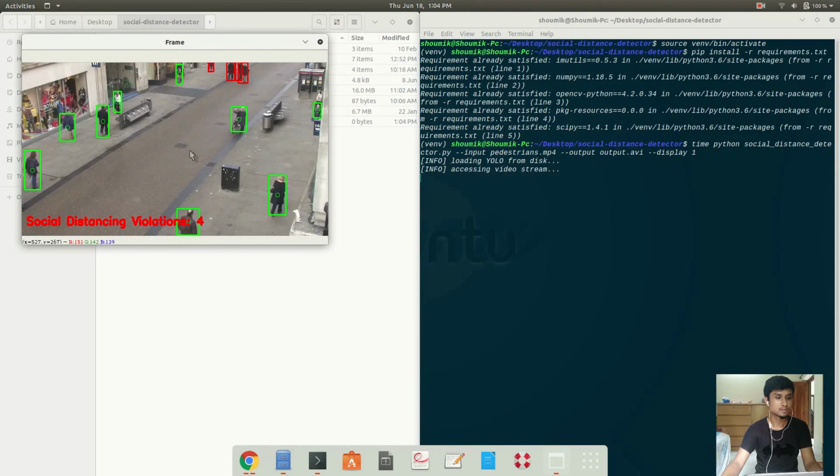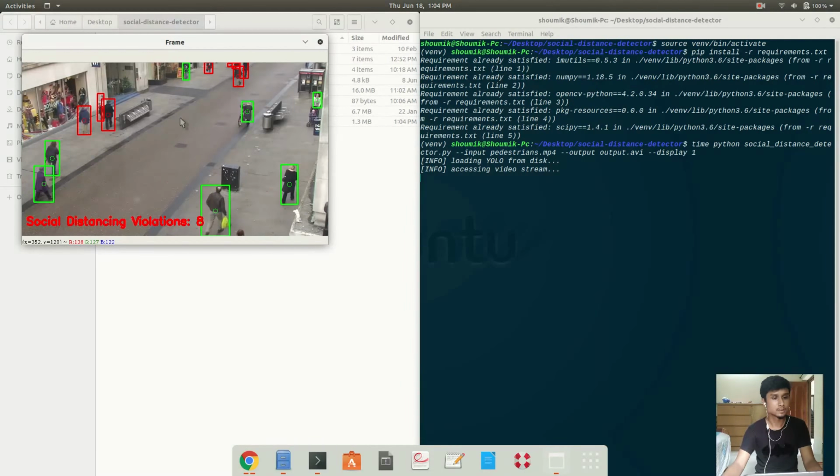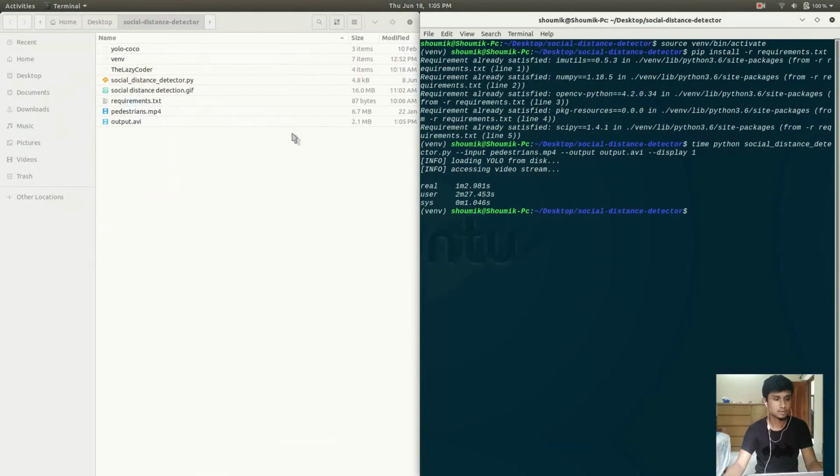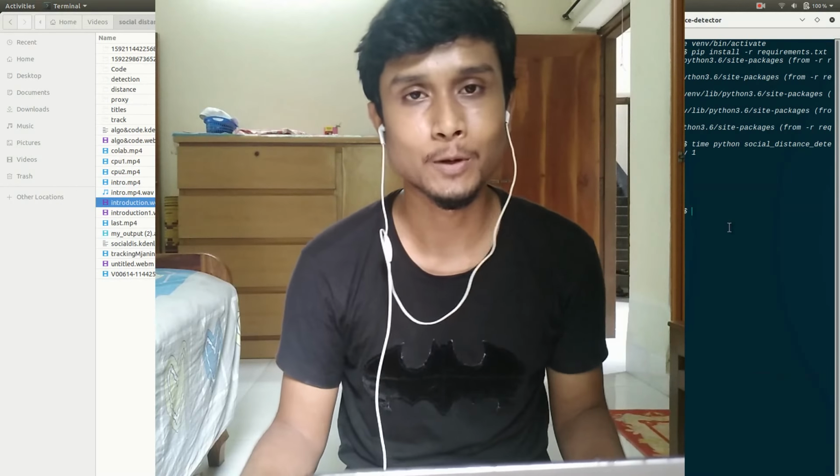You can see the processing rate is quite slow, so we use the GPU for this reason, for a faster FPS rate and faster training. And I am quitting it now with Q. So after you have quit, the time will show how much time it has taken. So this was it. This was the whole training section.